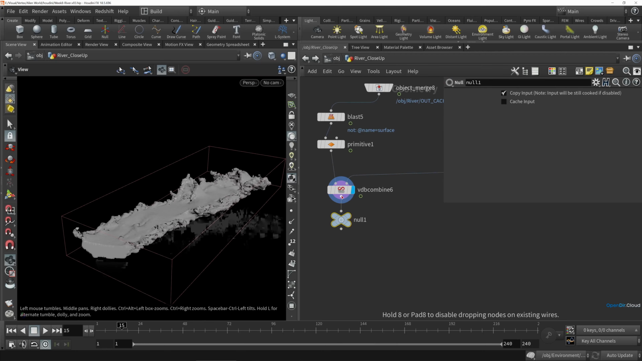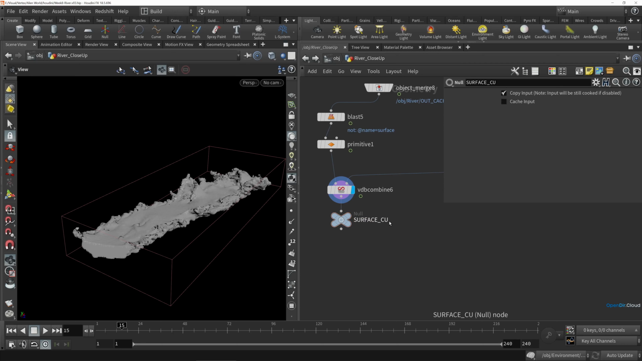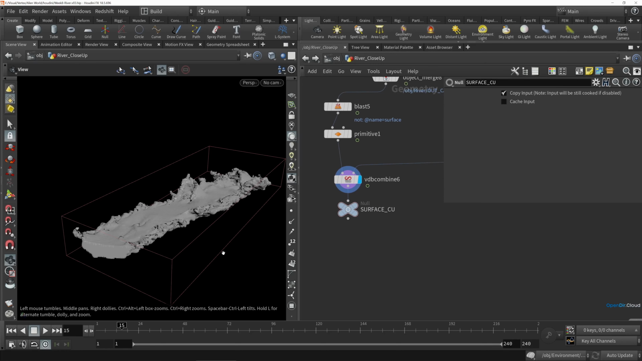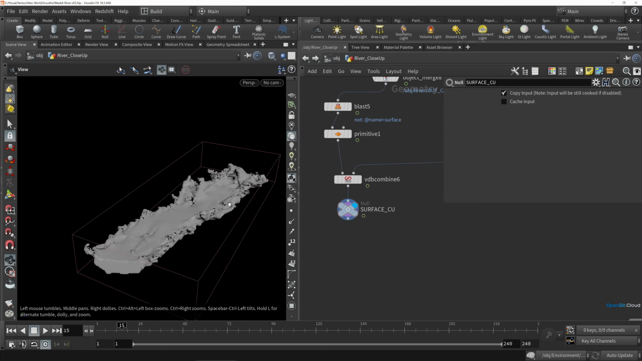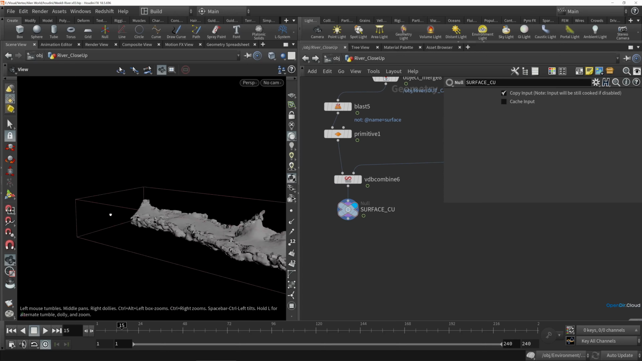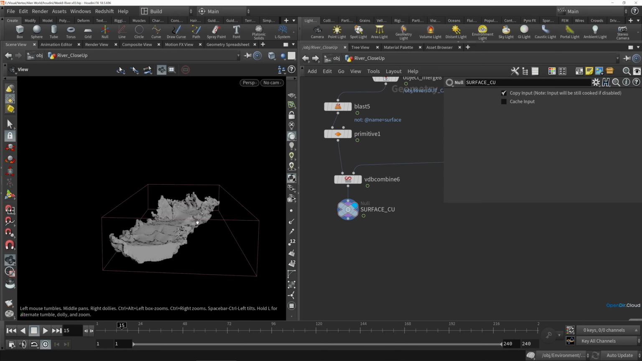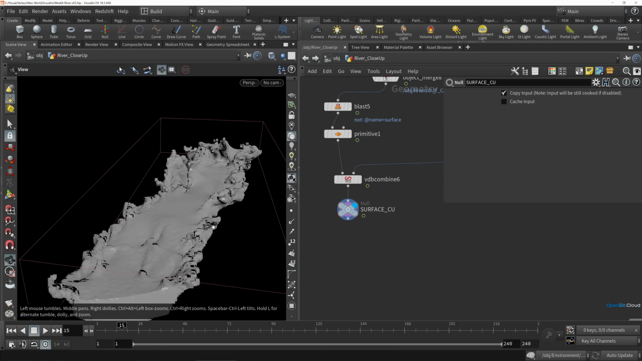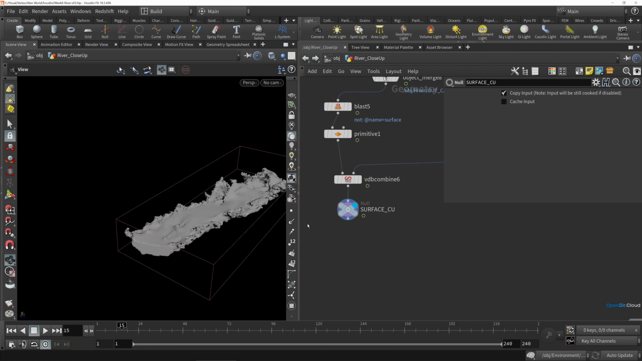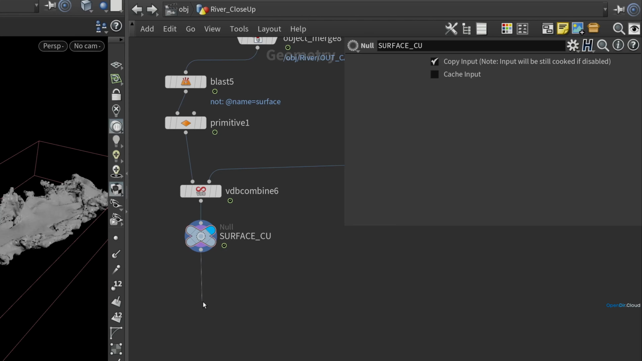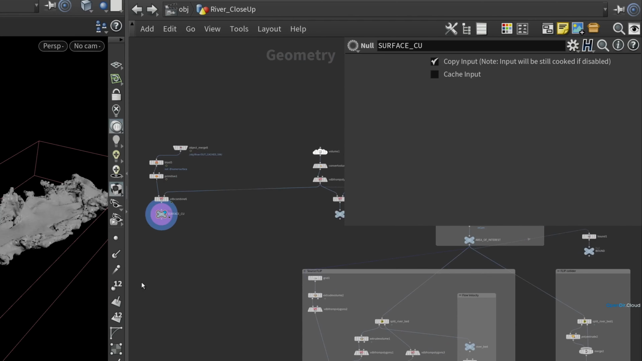And I'll drop in a null here to label this for clarity. I'll call this surface CU for close-up. I'll probably use this CU abbreviation for close-up related things quite a bit in this setup. And since we have this current frame of the simulation chopped out, we can use this to source some particles for our new sim. So we can wire this right into our flip source,